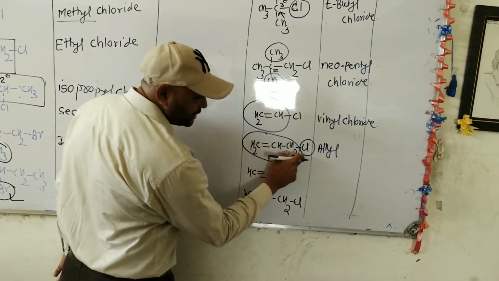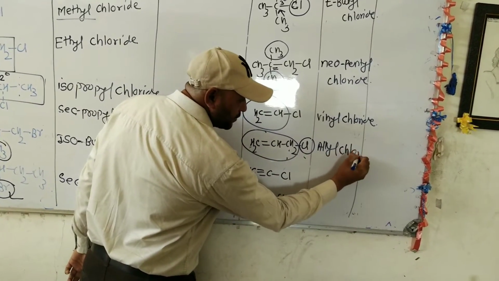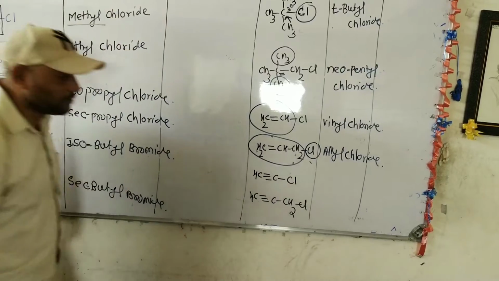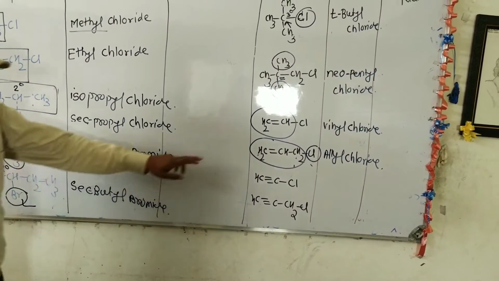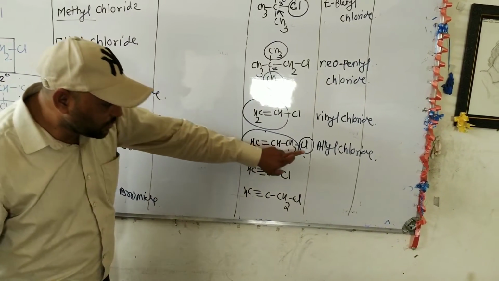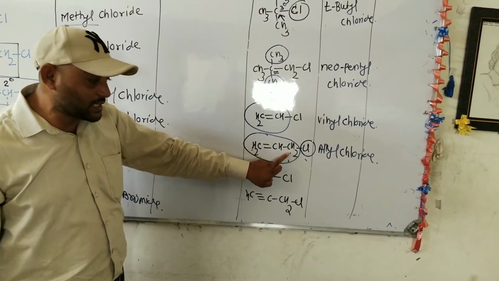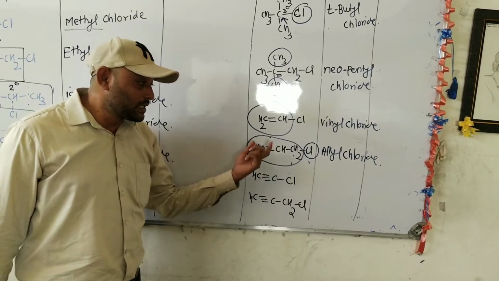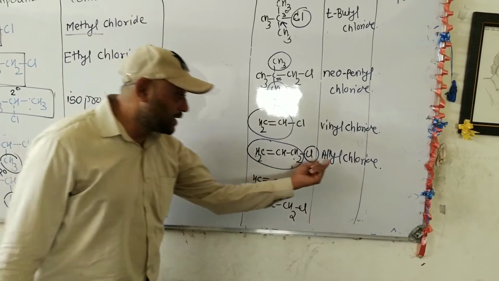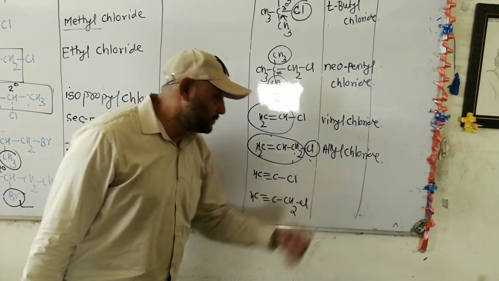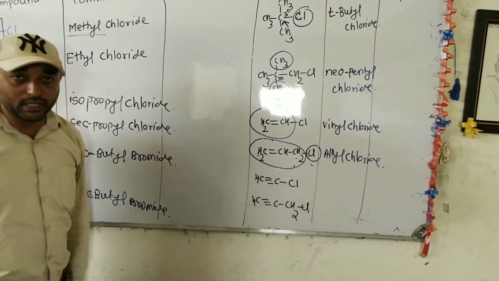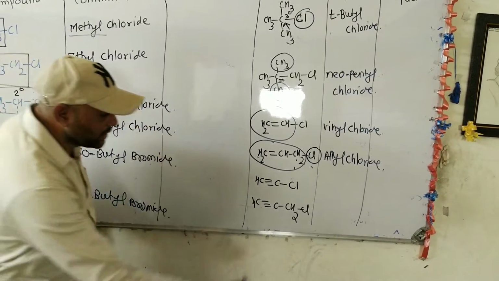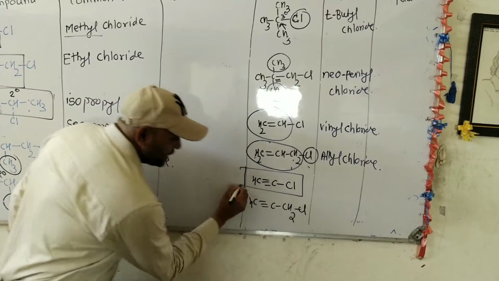And this is chlorine, that's why it is called allyl chloride. Look at that. The chlorine is attached to an sp3 hybridized carbon, which is further attached to a carbon-carbon double bond. Such a type of compound is called allyl. So allyl chloride. Next compound comes under the haloalkyne.